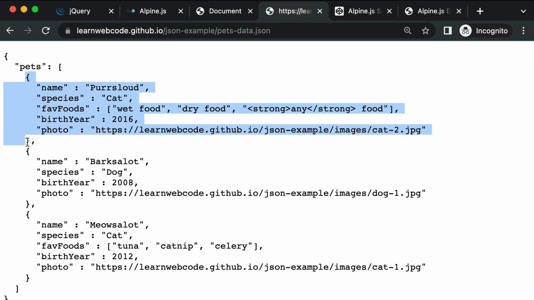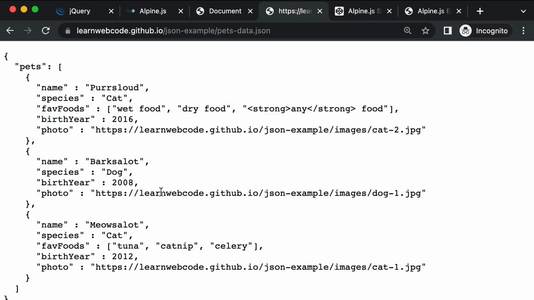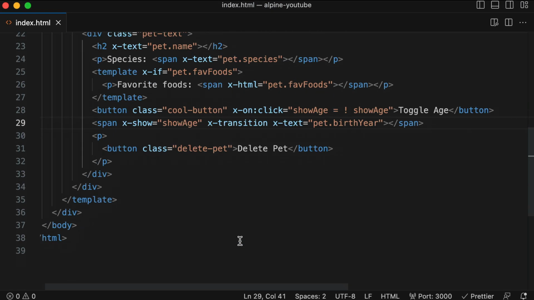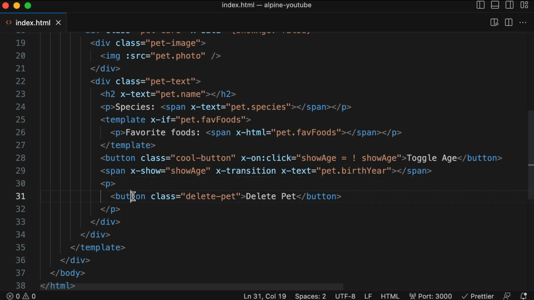So what I would do to get creative is just whichever one you click on, I'm going to delete that index in this array, right? So arrays are zero based, so number 0, number 1, number 2. Just delete the appropriate one. So here's what I would do. Let's find our delete button down here. You can see it has a class of delete-pet. Let's give it another attribute of